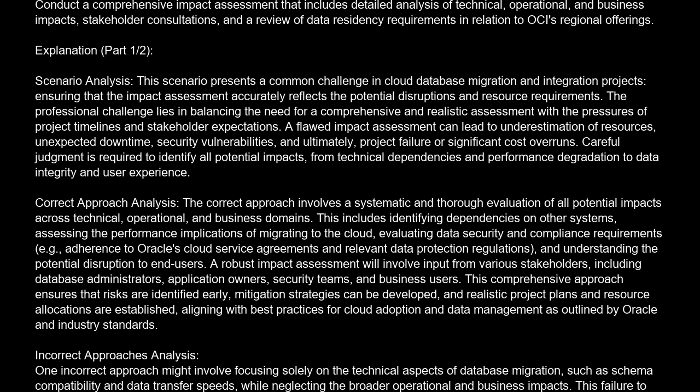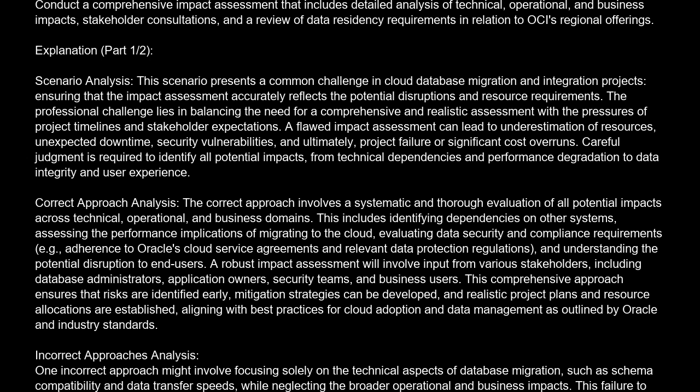The professional challenge lies in balancing the need for a comprehensive and realistic assessment with the pressures of project timelines and stakeholder expectations. A flawed impact assessment can lead to underestimation of resources, unexpected downtime, security vulnerabilities, and ultimately, project failure or significant cost overruns. Careful judgment is required to identify all potential impacts, from technical dependencies and performance degradation to data integrity and user